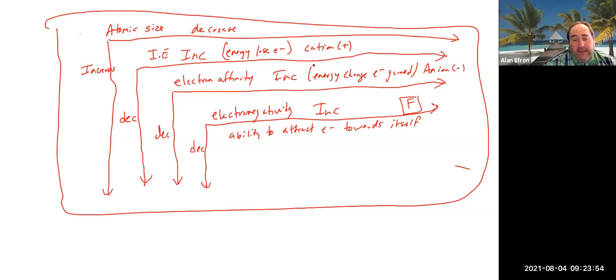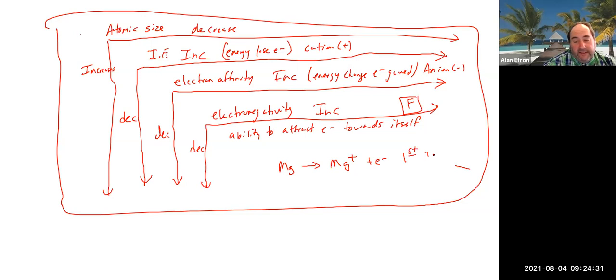So again, IE is ionization energy, and that's the energy required to remove an electron from an atom. Remember, in terms of ionization energy, we also talked about the idea that electrons are lost one at a time. So, for example, if we take something like magnesium, the first thing that would happen is magnesium would lose one electron, and that would be what is referred to as